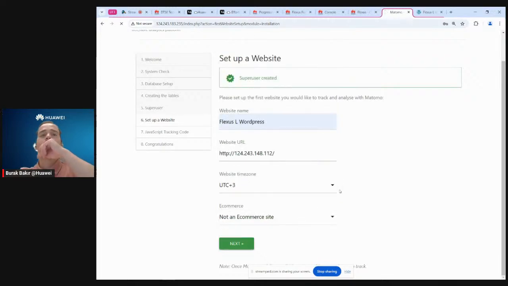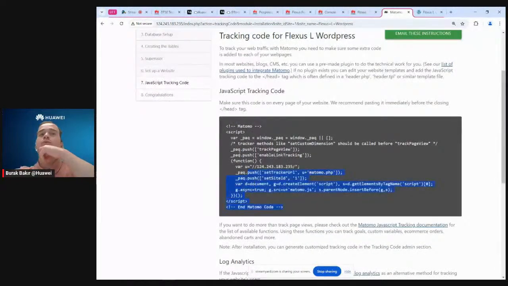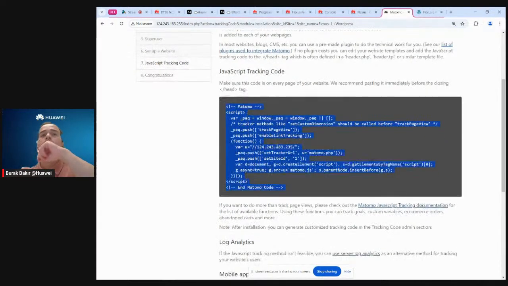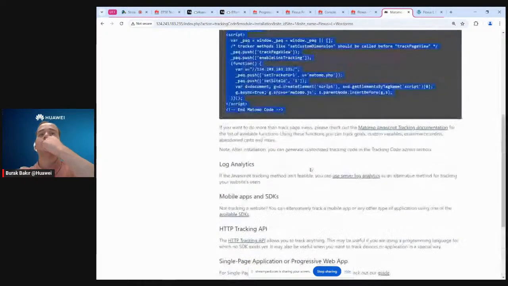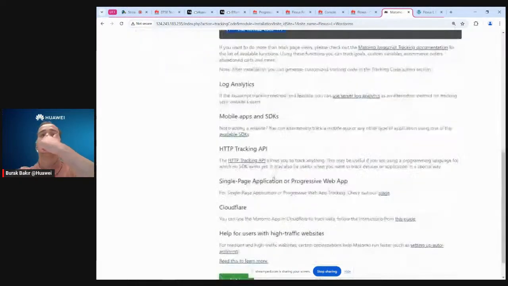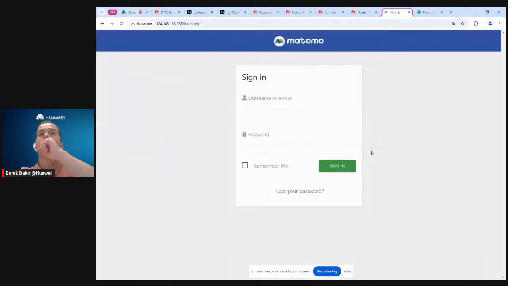We don't have to configure e-commerce, and it says that you need to add this script to the HTML of every page. But there are some plugins in WordPress, as you will see. We don't have to do this manually. Okay, we just click next, continue. Okay, we need to log in one time,